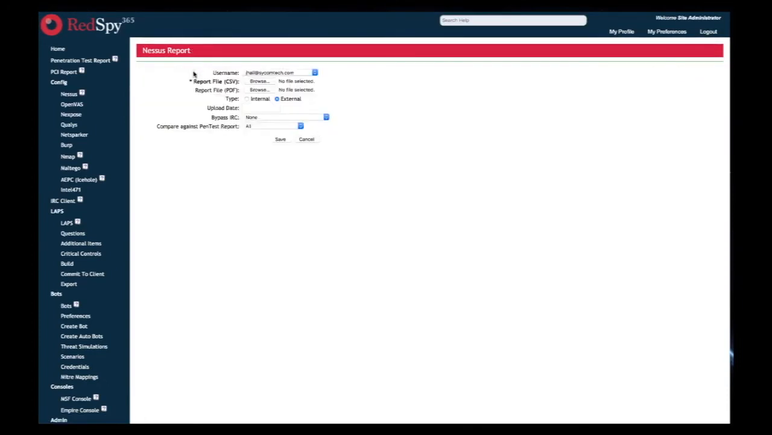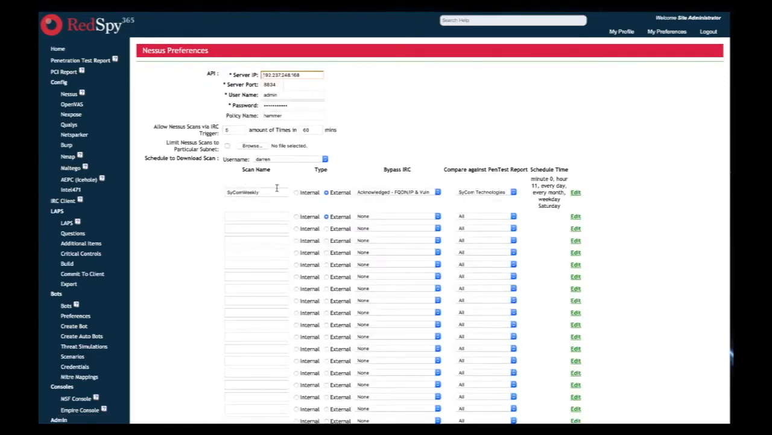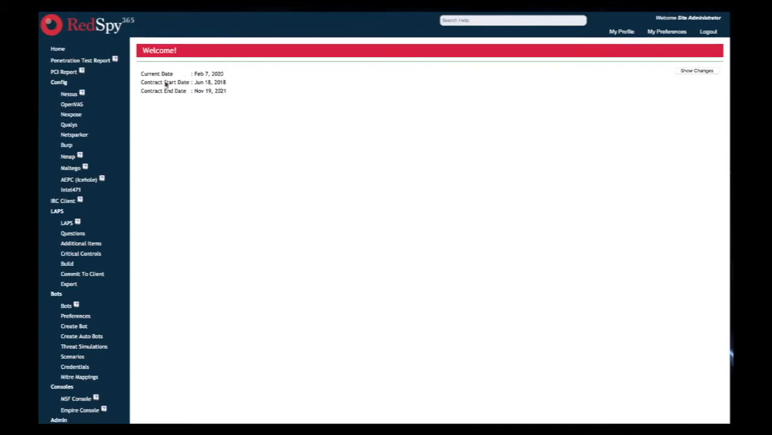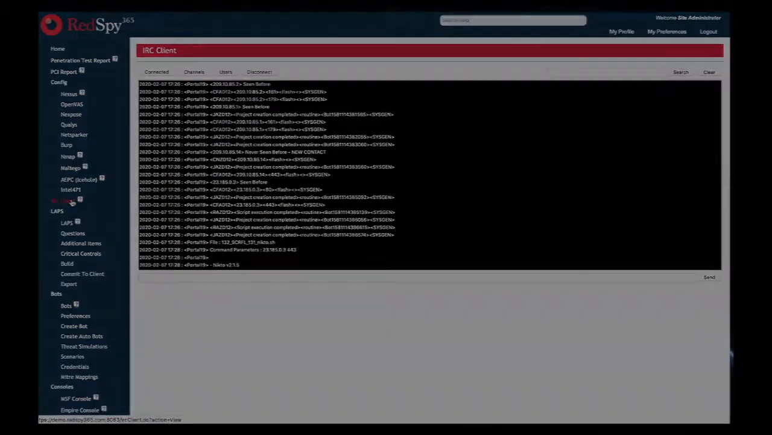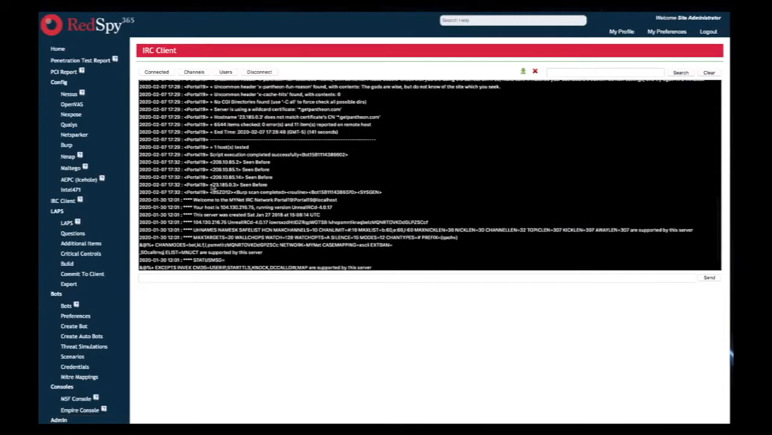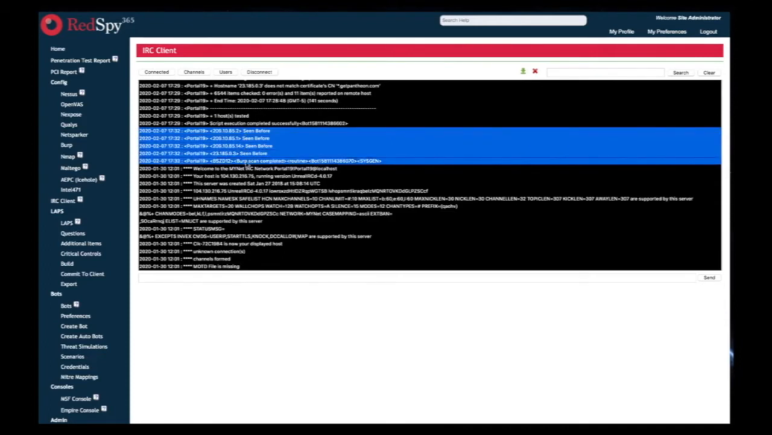Vulnerability scans can also be scheduled automatically or triggered to run by other bots. If configured to do so, RedSpy will download the results of these scheduled scans, identify new or existing vulnerabilities, and send the results to the IRC. We can manually verify that our new vulnerability scan is not noting previously identified issues by taking a look at the feed in the IRC client. No results are being reported,